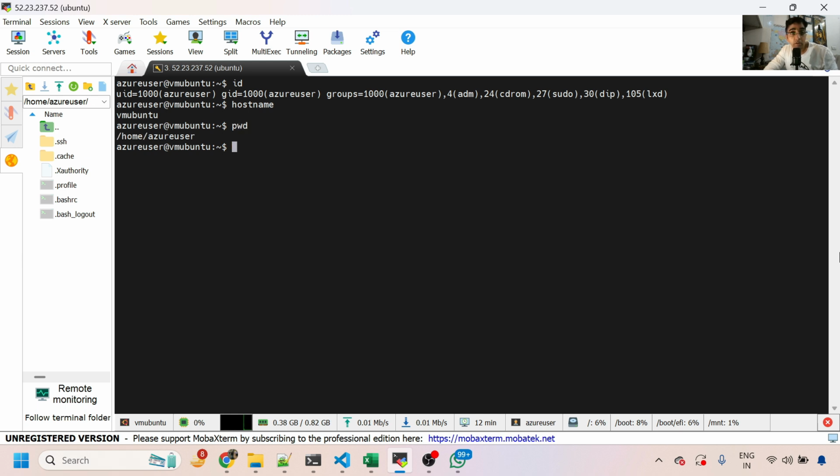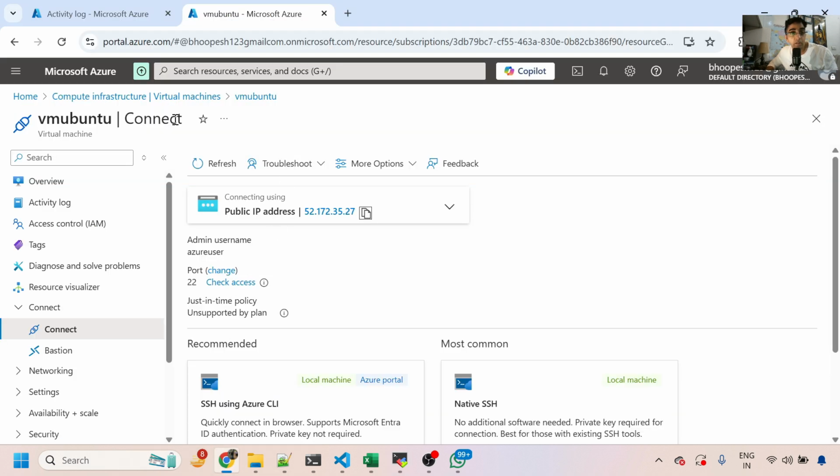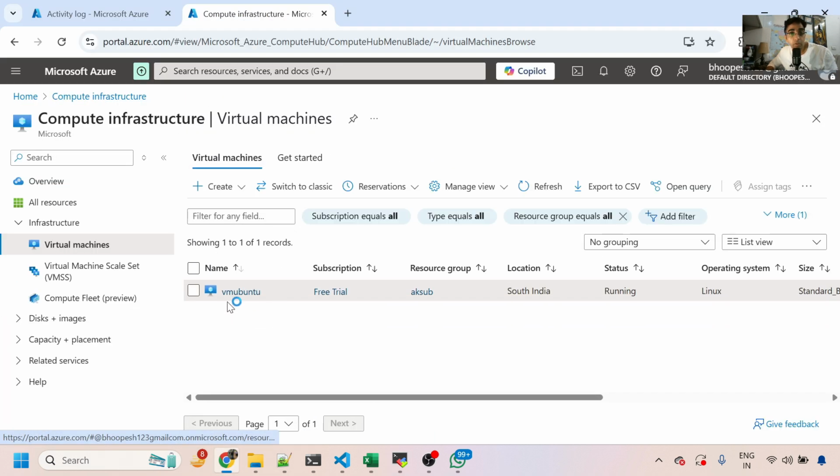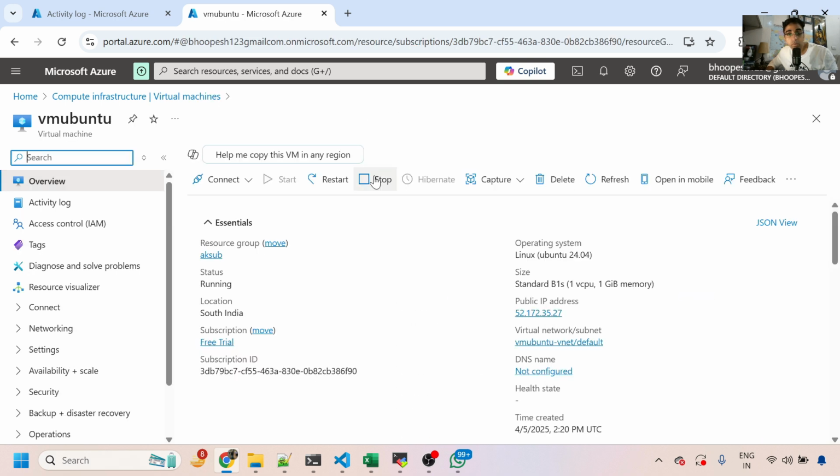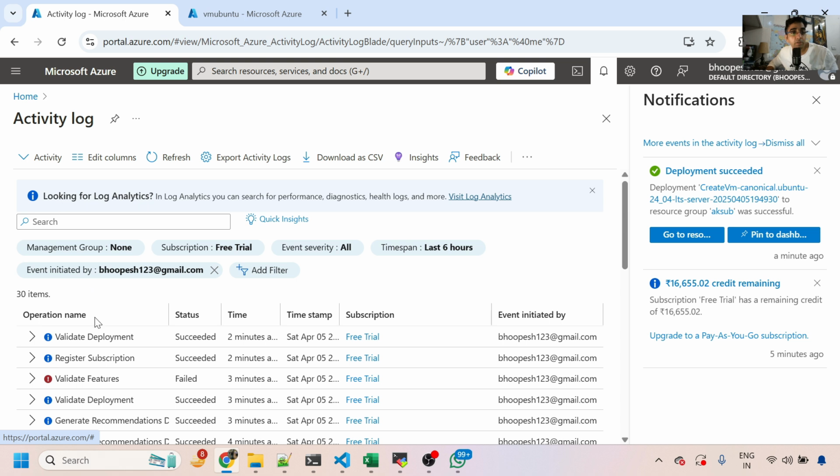So let's see what is happening in our Windows machine. Let me go back and click on this Ubuntu machine. Let me stop this just to save cost. Let's stop this machine. Stop. Okay, it will stop the machine. Let me go back and then